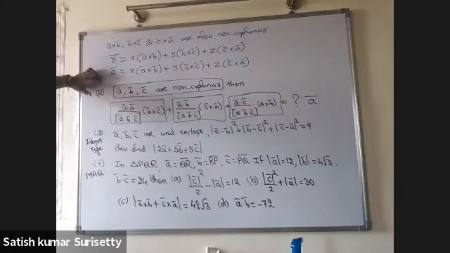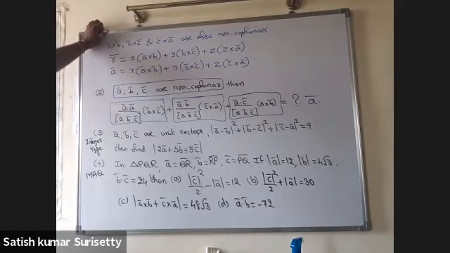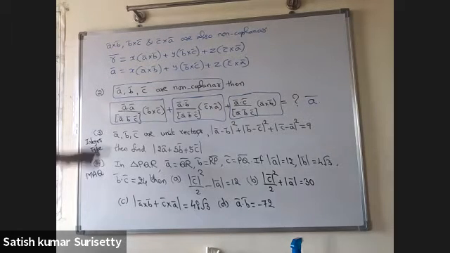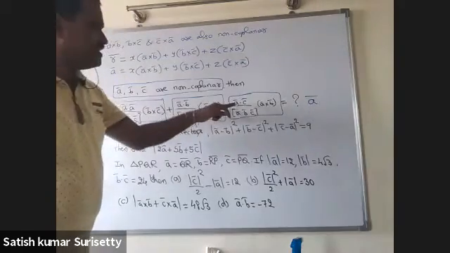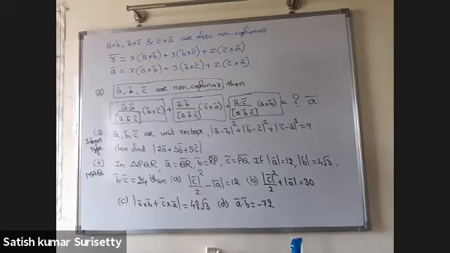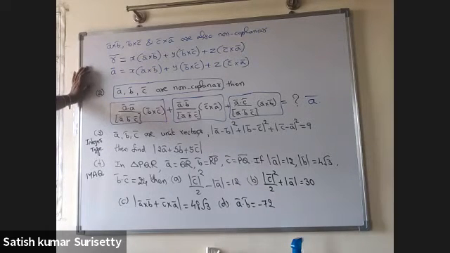That means this equal to A bar. So remember the concept. Whenever three vectors are non-coplanar, their cross products two at a time, that is A cross B, B cross C, C cross A, are also non-coplanar, and any vector can be expressed as a linear combination. Now, after taking the linear combination, because here A dot A, A dot B, A dot C is there, that's why I'm choosing R bar as A bar. After that, I'm taking dot product with A bar, B bar, C bar on both sides and replace X, Y, Z. Then you'll get this. Even you can say these are the projections. X, Y, Z are the projections of A bar along A cross B, B cross C, C cross A.